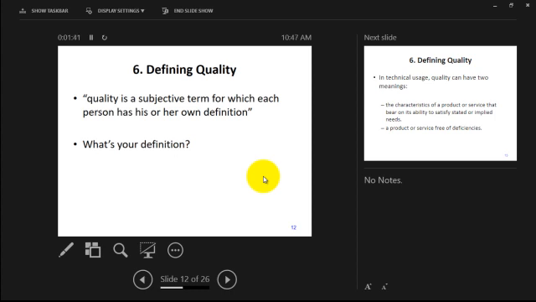So there are different definitions, so we will discuss different definitions by different people and different textbooks. So in the next slide you see,